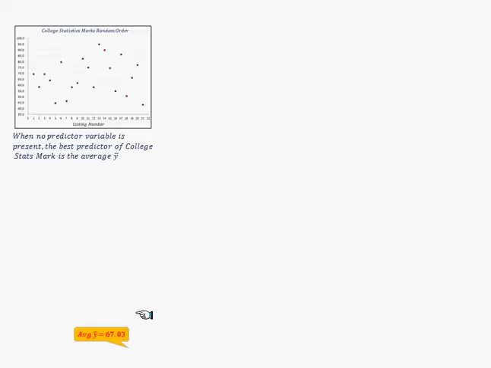Now we're going to look at the variability involved. In the first illustration here, when we have no predictor variable and we just graph the college stats mark, more or less in random order or by a listing number, you can see there's no tendency for y to change according to these x values, which are just random, and this represents the deviations about y bar. So where no predictor variable is available,